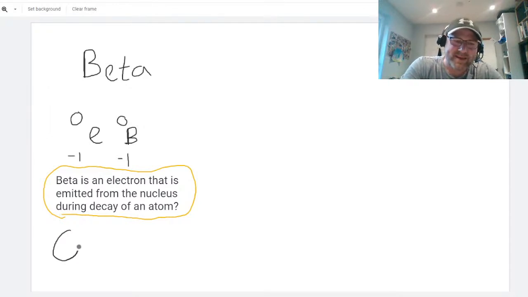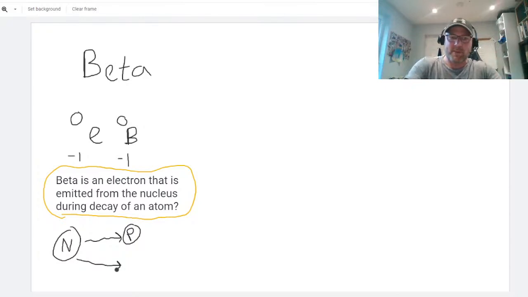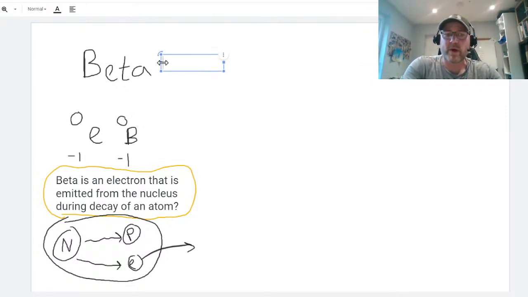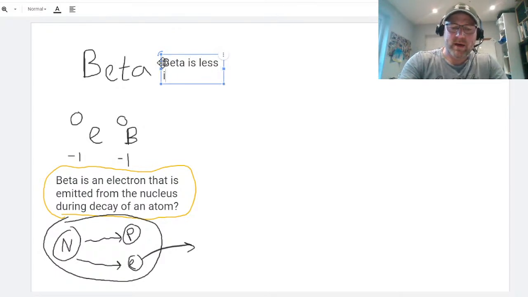I'll show you how that's working out. What happens is a neutron splits into a proton. This is all inside the nucleus when the atom's a bit unstable, and it splits into an electron. And the electron is fired out of the nucleus. So imagine these guys are in the nucleus. There's no electrons in the nucleus normally, but with beta decay, a neutron breaks in half, leaves behind a proton, and the electron fires out. So let's look at some of the things about beta before we do the nuclear equation, which will explain all of that. So beta is less ionizing